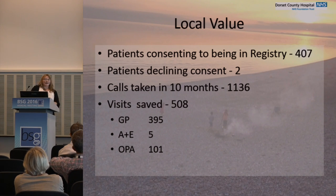So if we look back at a snapshot of data that we managed to use to our benefit, we were able to look at the calls that we took on the helpline that had clinical value over the period of 10 months from when we went live in August. So we equated just over 1,100 calls, and the visits that we saved to GPs, A&E and outpatients are as seen below. What that then allowed us to do was take that information to the CCG